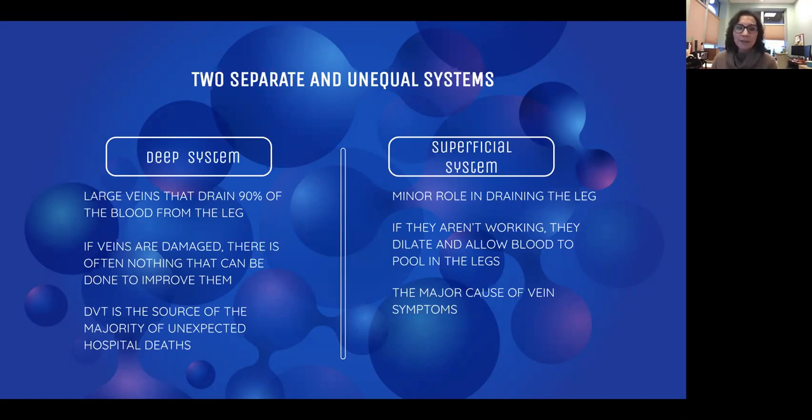If the veins are damaged, there's often nothing that we can do to improve them. There have been some attempts to do artificial valves and transplant valves, at least at the top of the leg if necessary, but usually there's nothing that can be done if the valves in the vein are damaged because of deep venous thrombosis. And deep venous thrombosis is very important because it's the source of the majority of unexpected hospital